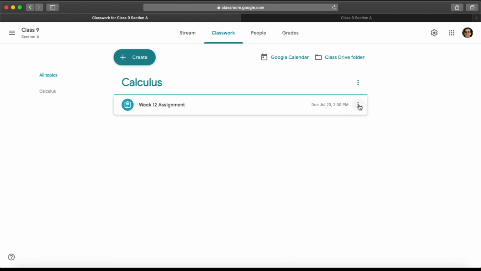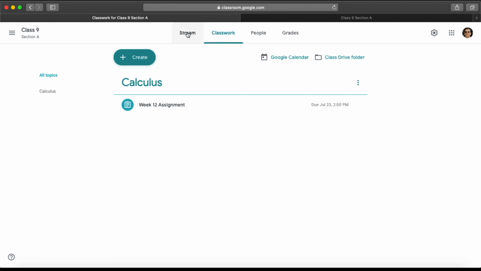So we have different options available here. If you select on these three buttons, you can see that edit link is there. If you click on that, the same window will open again. You can delete it from here. You can also copy link so that it can be shared via email or any other way so that your students can get an intimation. There are also couple of changes happened here, so that we should cover.